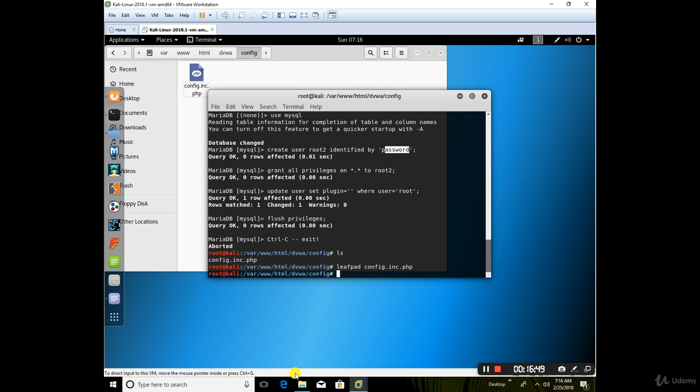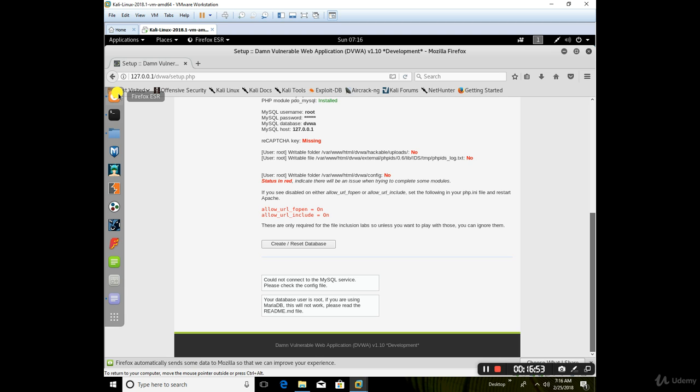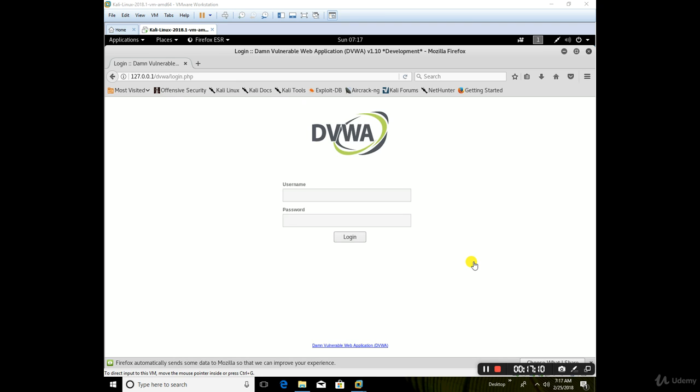Okay, now let's try and go back here. So all the errors that we've seen thus far, we've kind of worked through. So now if I hit the create the database button, it'll work. Because of my slow computer, the button might not work, but the function behind it will work. There it goes. So as soon as I hit that button, it created the database in the back end